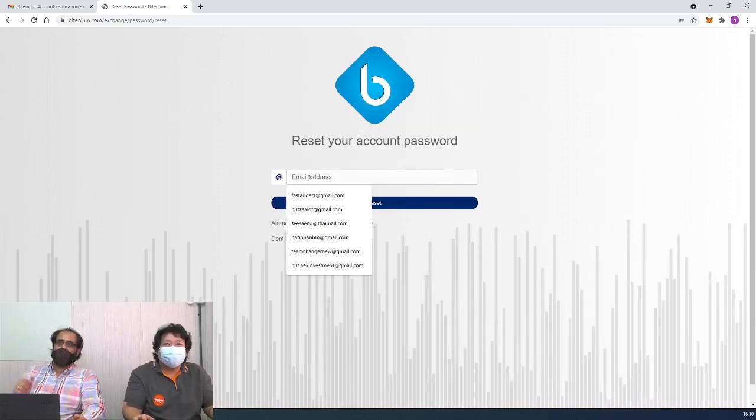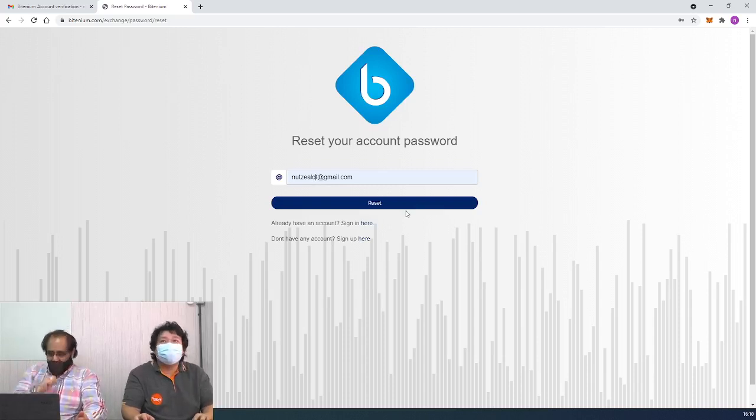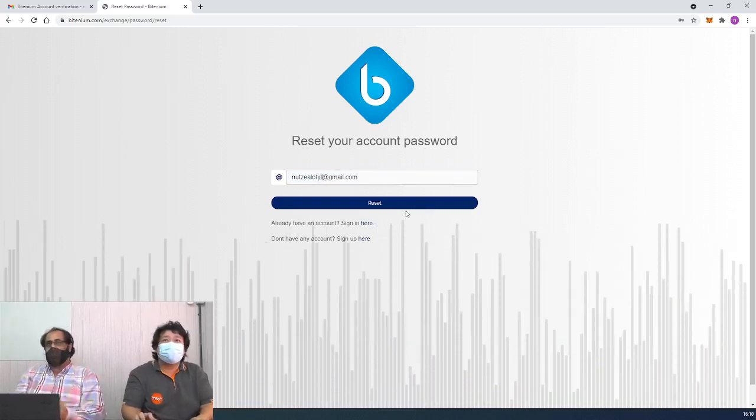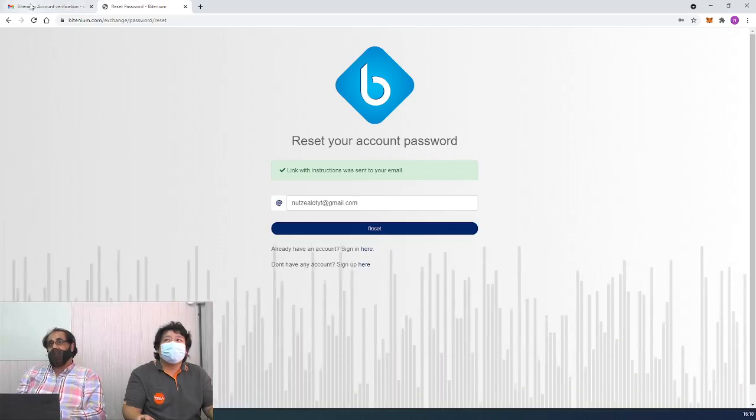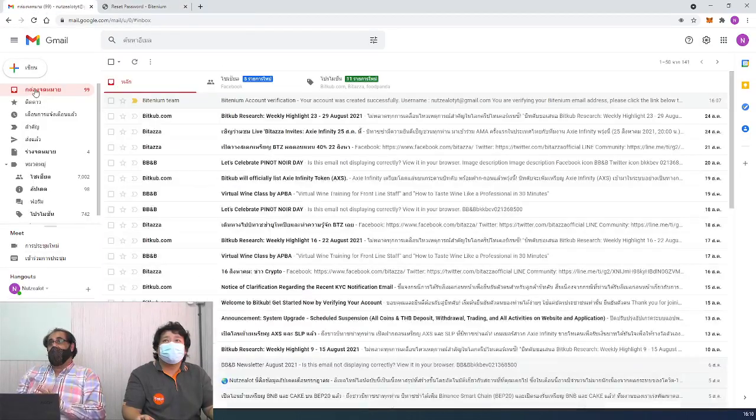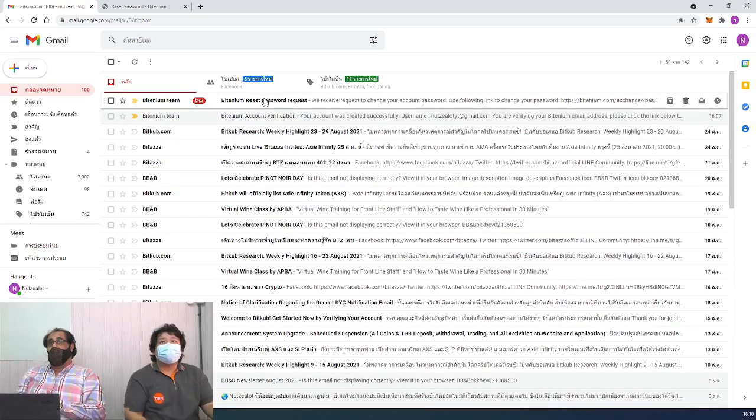If you forget your password, don't worry. Like we just did, if you forget to note it down, just click forget password. That's another good point. You can verify and reset your password yourself, and it will be resent to your email. Before you can set your password, you will need to click the link, because it is required to confirm that you are the owner.